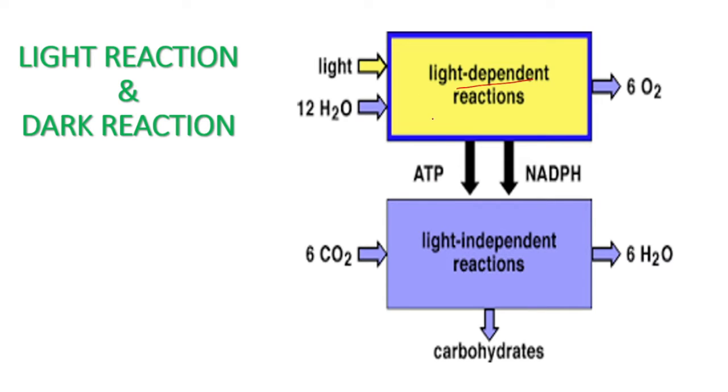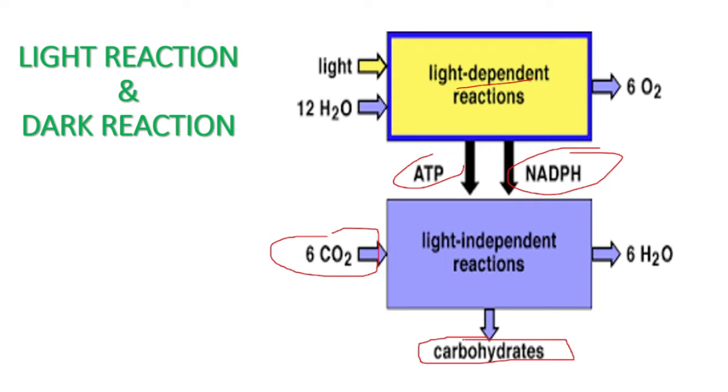So whatever is formed during light reactions, like ATP and NADPH, will be utilized in the dark reaction, and that's why this is also known as the biosynthetic phase of photosynthesis. There is a formation of carbohydrate, so synthesis is there, that's why it is a biosynthetic reaction also, with the byproduct as water, and there is a utilization of CO2.